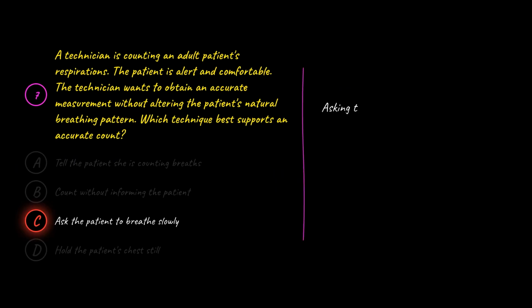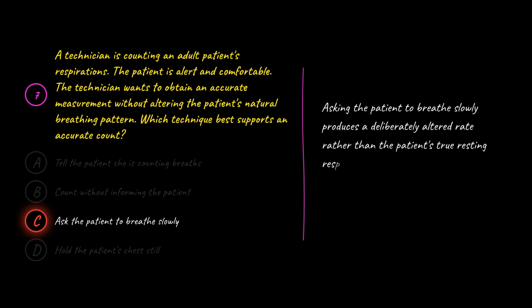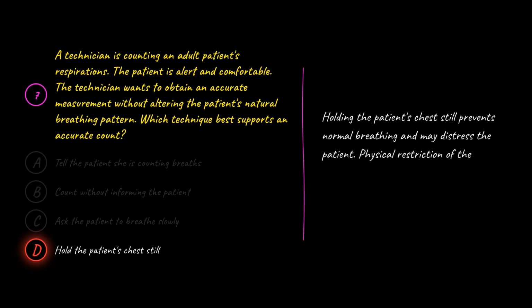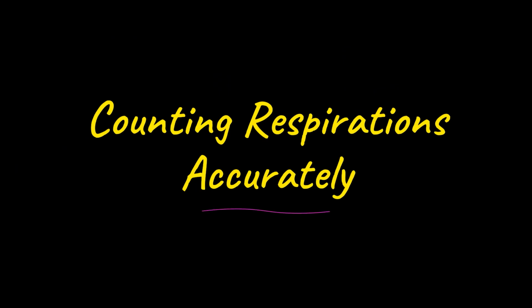C is wrong because asking the patient to breathe slowly produces a deliberately altered rate rather than the patient's true resting respirations. The recorded number would reflect the request, not the patient's actual baseline breathing. D is wrong because holding the patient's chest still prevents normal breathing and may distress the patient. Physical restriction of the chest interferes with both the count and the patient's comfort during what should be a passive measurement. Measuring respiratory rate sounds simple, but the technique requires a deliberate deception, not to mislead the patient, but to